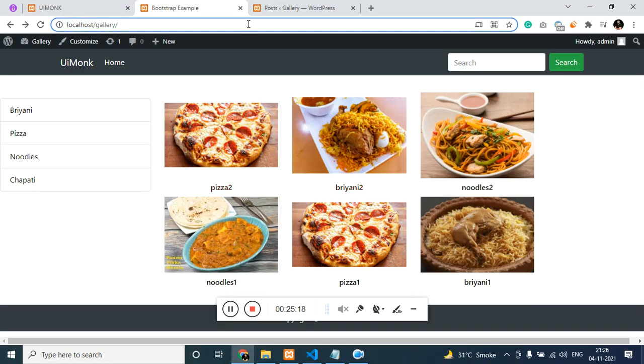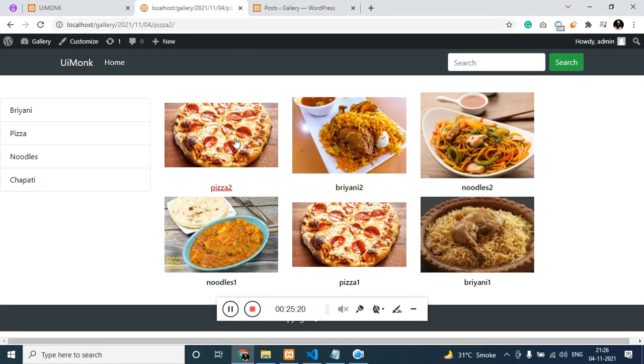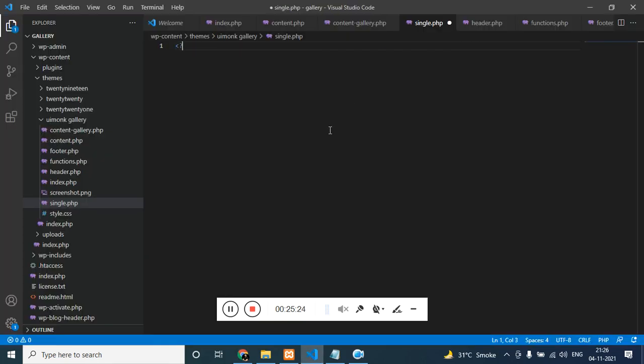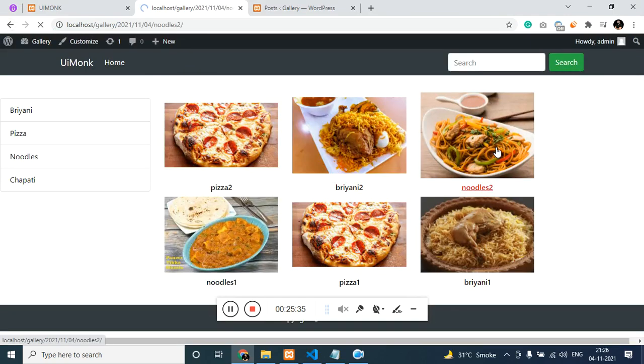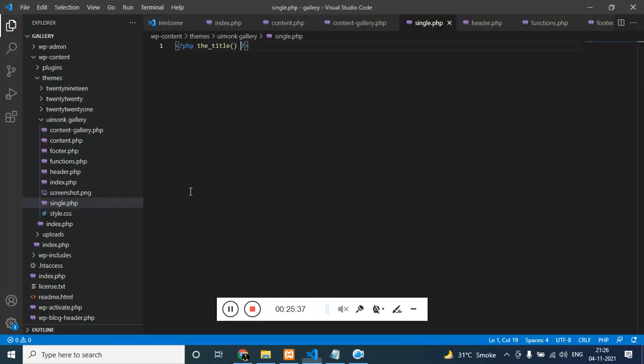Now if I click on pizza 2, the content will be blank because single.php is blank. In case you want to show the content, just the title, refresh it, pizza shows up. Now if I click on noodles, noodles show up. You can see the permalink works perfectly.